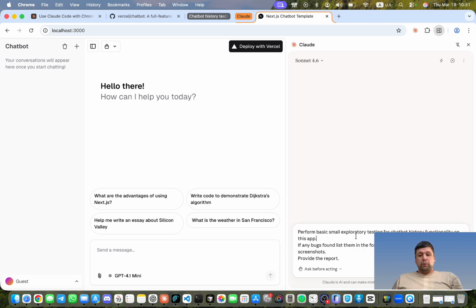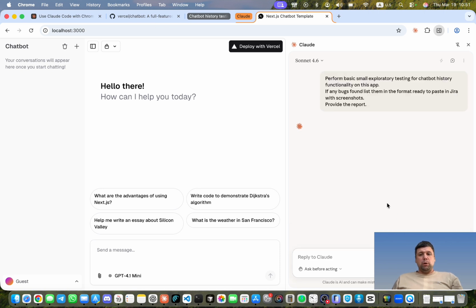Here I prepared some simple prompt for it, which is basically saying: perform basic exploratory testing for chatbot history functionality on this app. Any bugs found, list them in the format ready to paste in Jira with screenshots and provide the report of what you're doing. Hitting enter button,